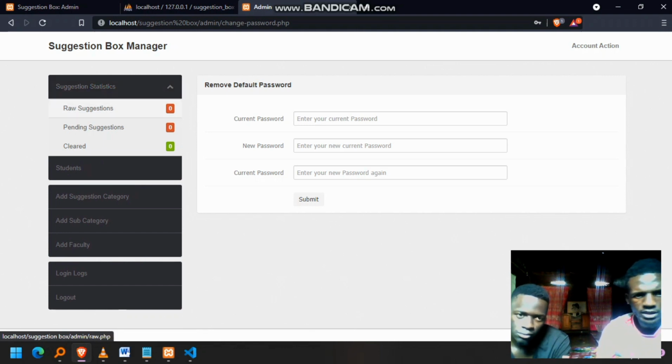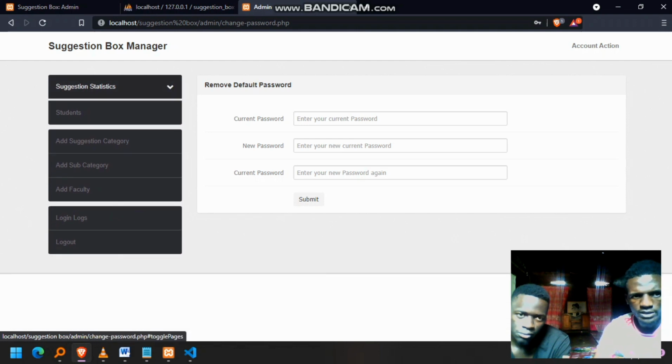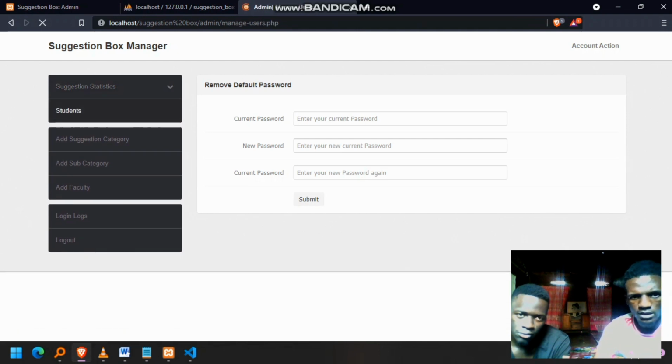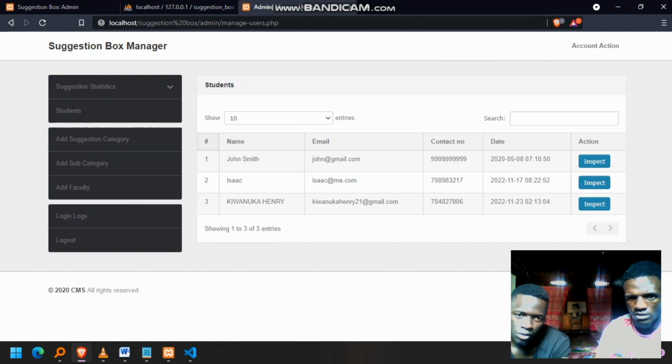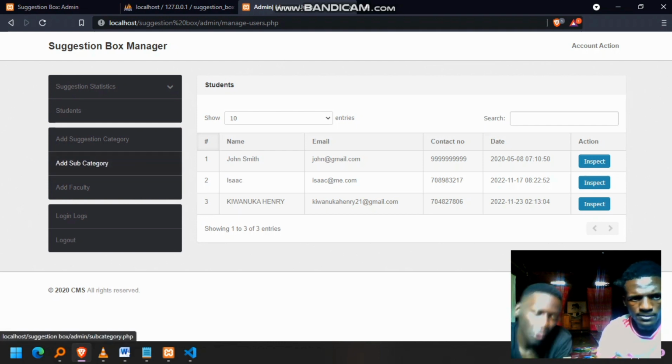pending, or yet to be cleared, and can come still here and view the students' details we may have, because these may be the students. We can add them, and inspect their files to see what they submitted. Are they complaints? Did they submit suggestions? Since this is a suggestion box,